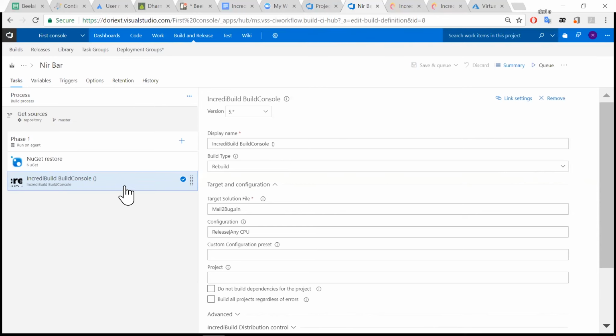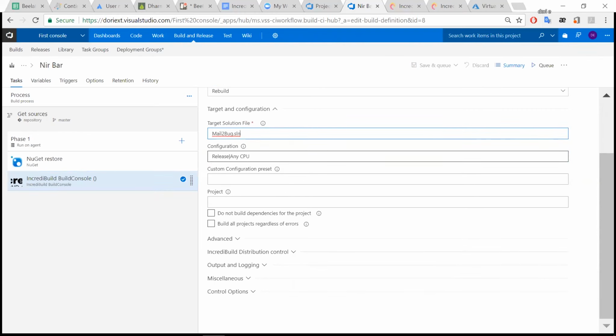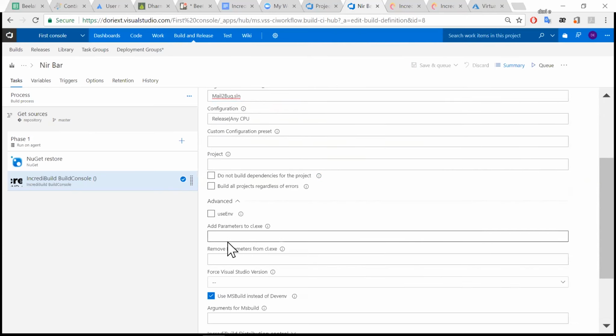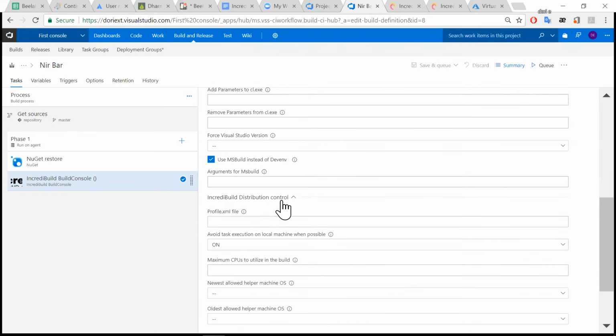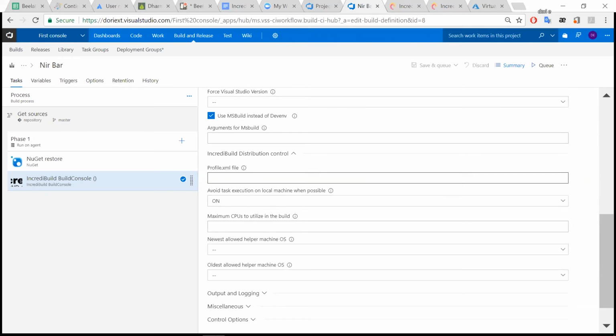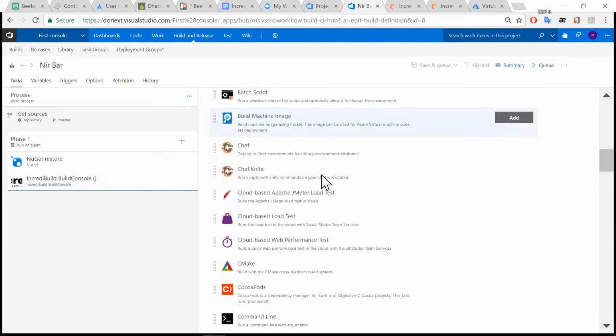So once we add this step to our build script, you can simply fill very easily all the properties that IncrediBuild expects you to have. These are the things that are required, but you have a lot of other things you can provide IncrediBuild with to this extension. Behind the scenes, once you provide all this, IncrediBuild will construct the build command and will execute it. Due to the fact that you have now the ability to run multiple builds in parallel,